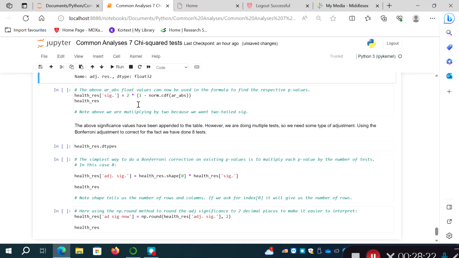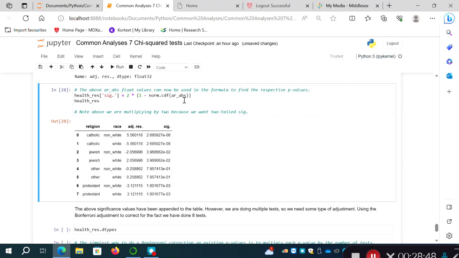To calculate the p-value associated with each of those adjusted residual absolute values, I'm going to take 2 times, then in parentheses, 1 minus norm.cdf, the cumulative distribution function, and I'm going to pass the adjusted residual absolute values that we created above. If I run that, what I've basically said is, for whatever these absolute values are for each one of them,